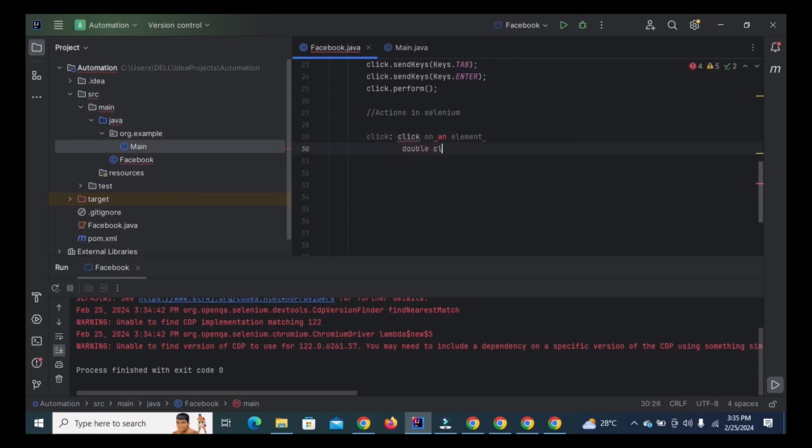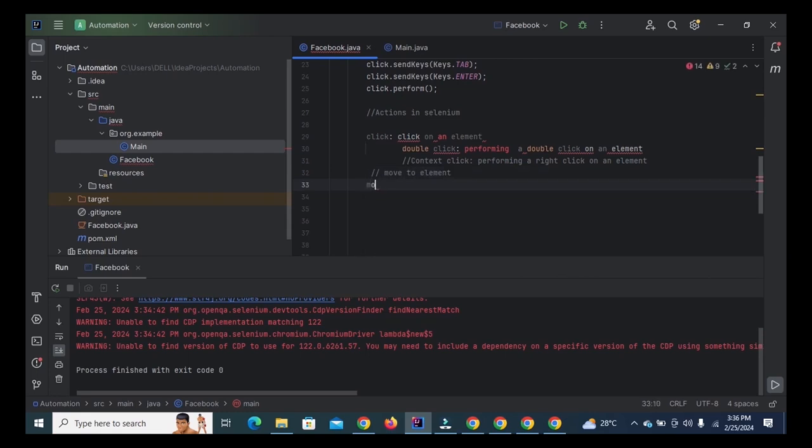Double click is used for performing a double click on an element. Third is context click. Context click is used for performing a right click on an element. Move to element is used for moving